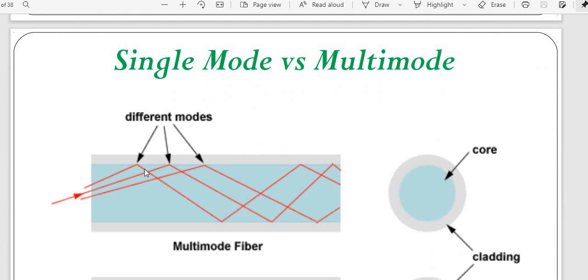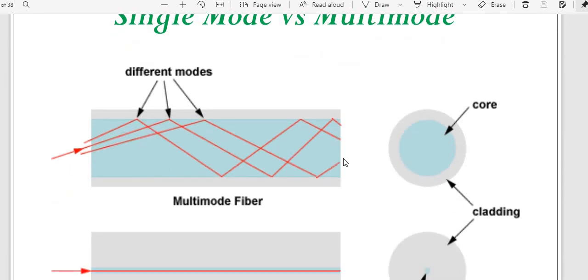Next, single mode versus multi-mode. What is the difference between them? What is the importance of single mode and what are the disadvantages of multi-mode? That is important to understand. Single mode always tries to pass with a single mode of fiber. Whenever we try to find the mode of propagation, it allows a single path to be formed and allows only a single mode to pass. Whereas in multi-mode, as you can see, a ray passes from a rarer medium to a denser medium and gets passed through multiple directions. So whenever you have multiple directions, different modes can be used.